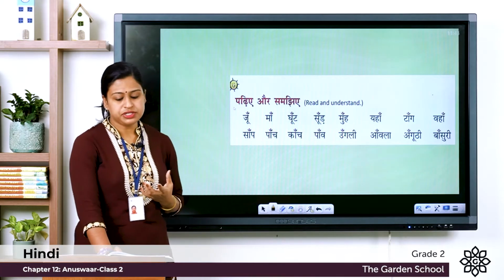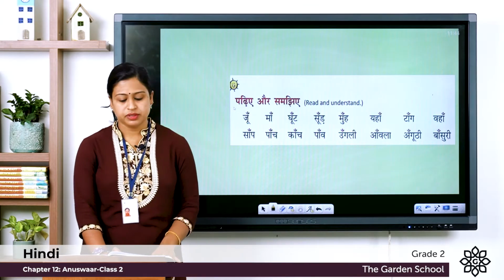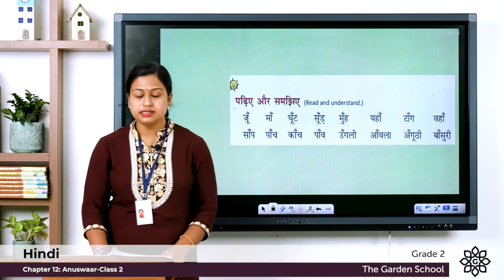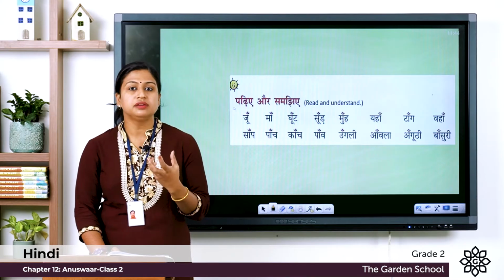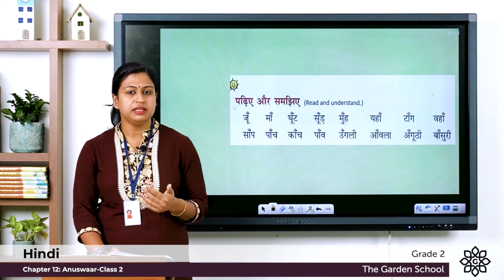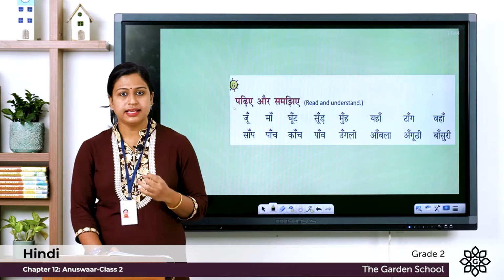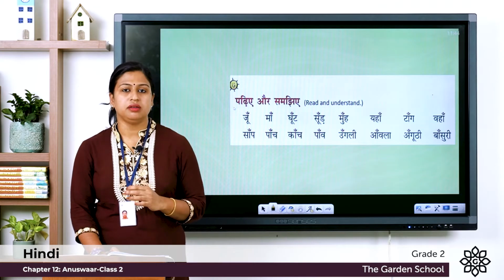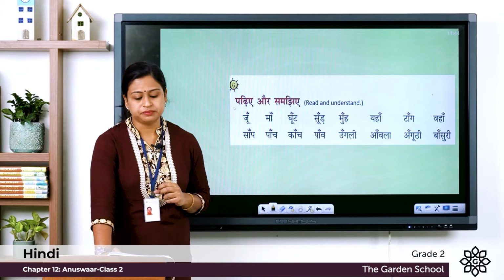Pav means feet. Here this word is Muh. Muh means mouth. Next one is Ungli. Ungli means finger. Next one is Yaha. Yaha means here. Avla means Indian gooseberry. It's a fruit. Next one is Tang. Tang means leg. Anguti means finger ring. Next one, wahan. Wahan means there. The last one is basuri. Basuri means flute. So these are the words with this symbol.